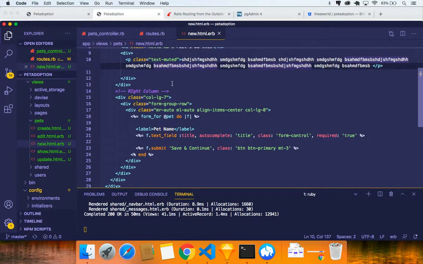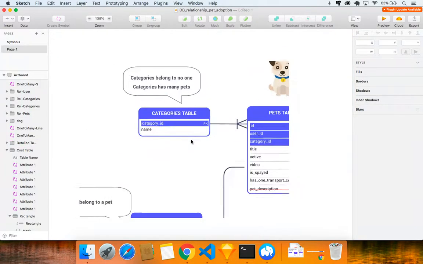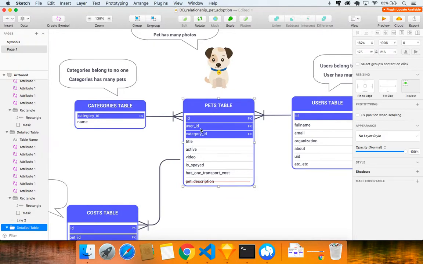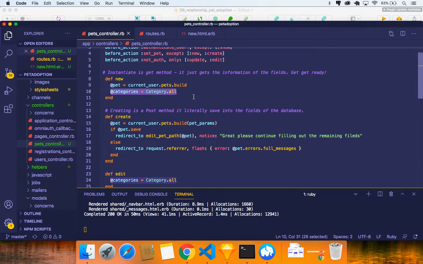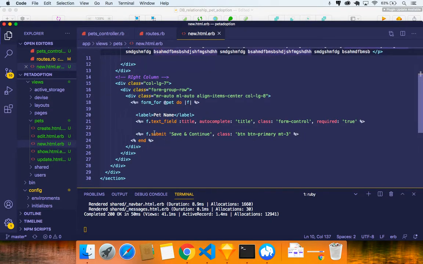Rails tries to create it, but inside the pets table the pet belongs to the user and to the categories, so it can never be created if there is no ID for the categories. We did this correctly in the new action, where we added the categories in the instantiation process. So we need to come here, and this is a little bit more advanced,